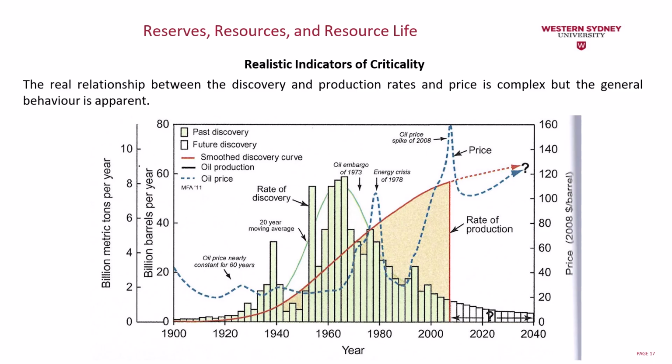So you can see that the real relationship between the discovery, the production rates and the price is going to be complex, but the general behavior is going to be apparent. Usually when you have a crisis, the oil price will jump, like what we had in the energy crisis of 1978, which actually started with the increase during the 1973 oil embargo on the West. So you can see that the price jumped from about $20 or less up to $60 and then continued to increase to $100 back in 1978, which at that time was worth something like